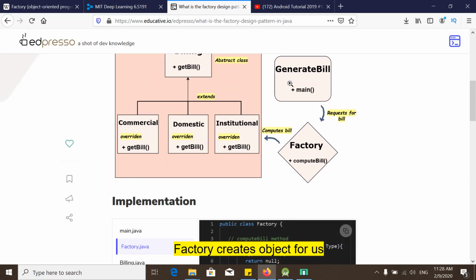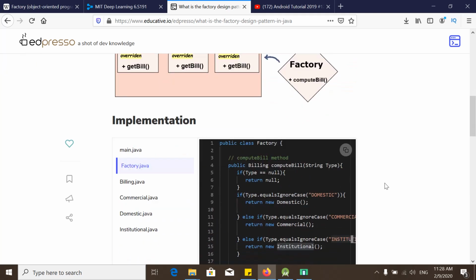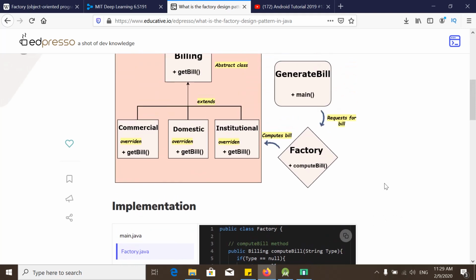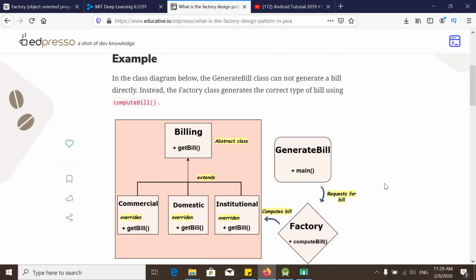This is the factory design pattern in a nutshell. If you go through the code, you will learn more, but I think this is all about the factory design pattern at this stage. So going back to our code,